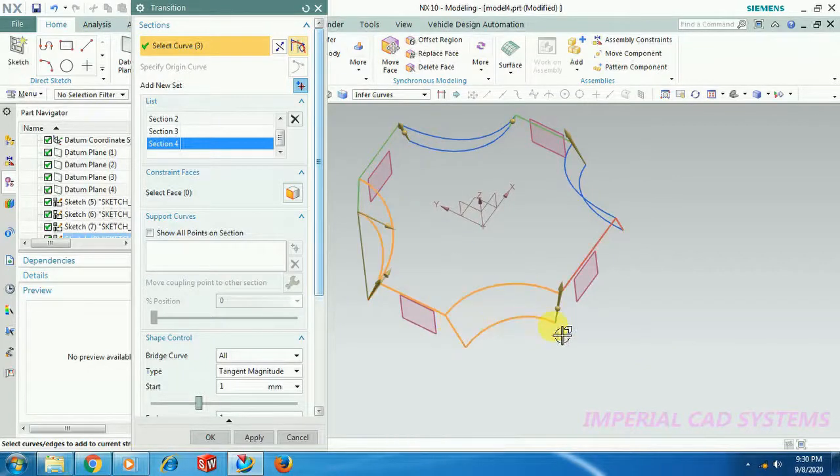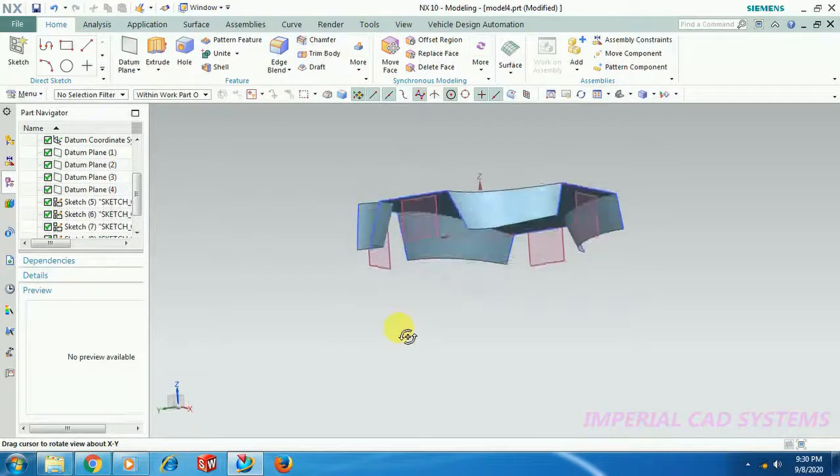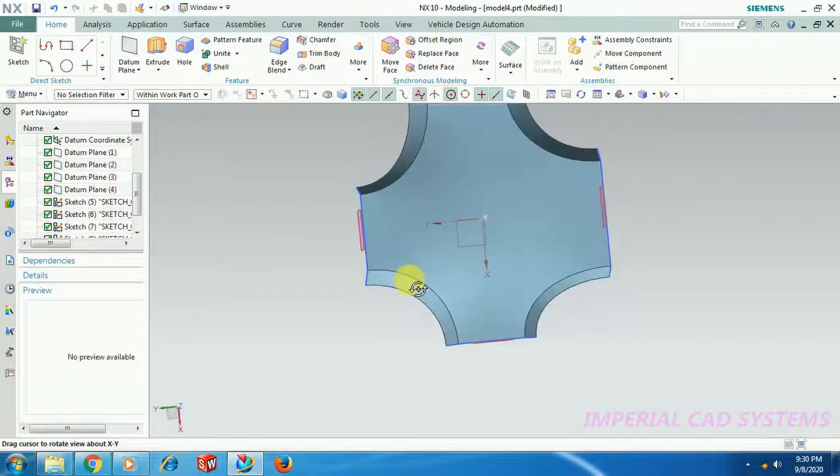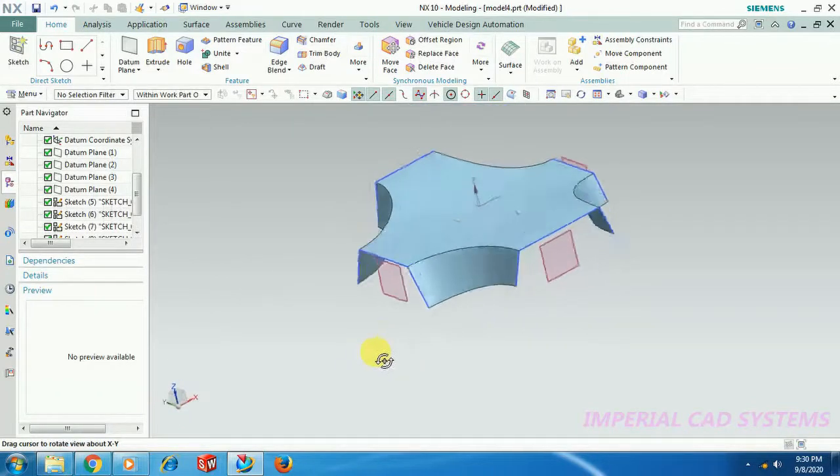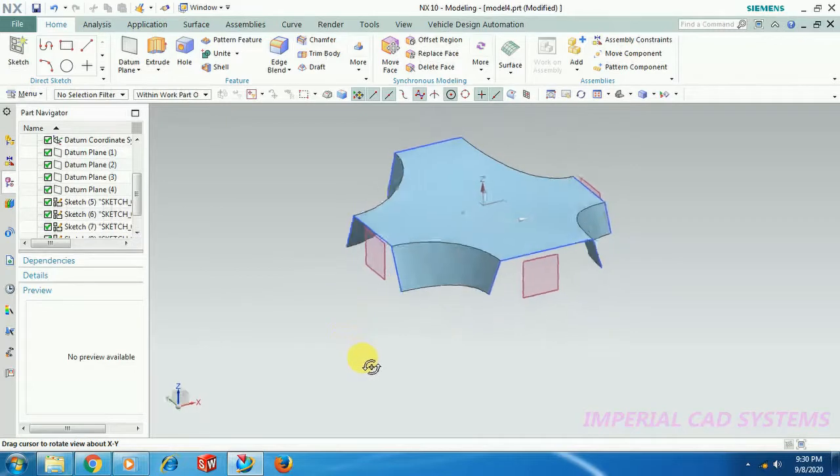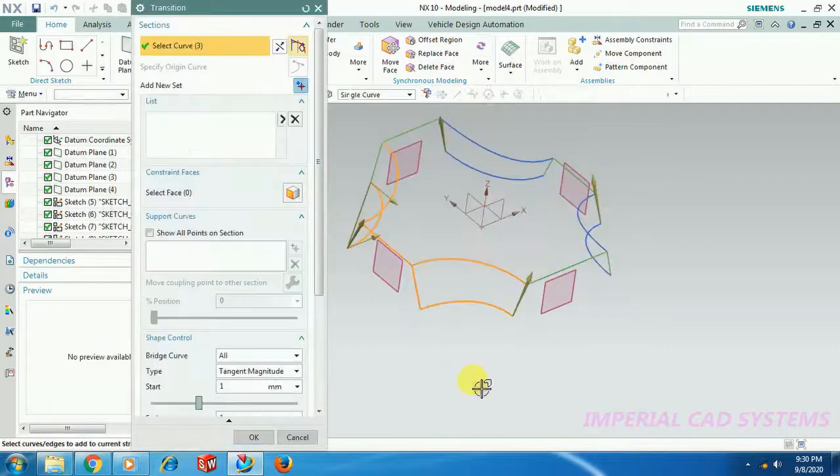You will get an error. So reverse this arrow so that it will set. Then go for OK. See, a surface formed connecting all these profiles, 4 passages.